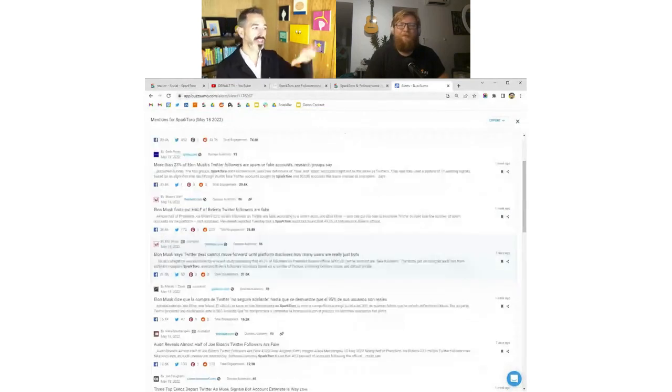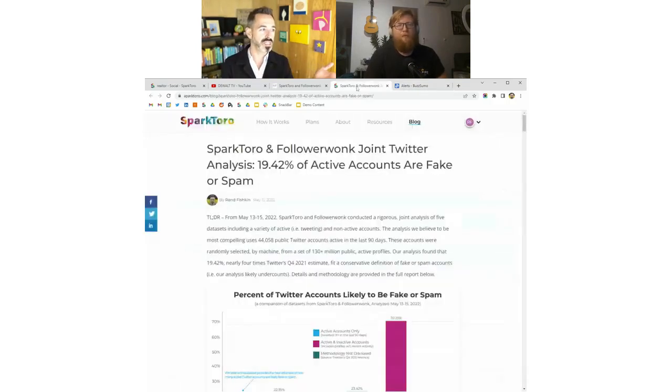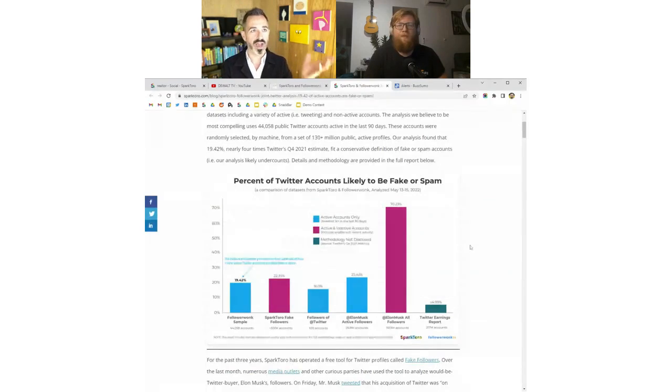And there are all these articles about SparkToro analyzing this data. We worked with a company called Followerwonk, which has a bunch of other Twitter data, to do this. Then we put out this report and this graphic and basically said, if you were to analyze only accounts that sent a tweet in the last 90 days, you would find that about 20% of them, on Twitter at least, are not operated by a human, which isn't to say they're bad. Some of them could be good bots or good accounts, but they're not human beings who are going to see ads. So this type of thing is a great linkable asset.